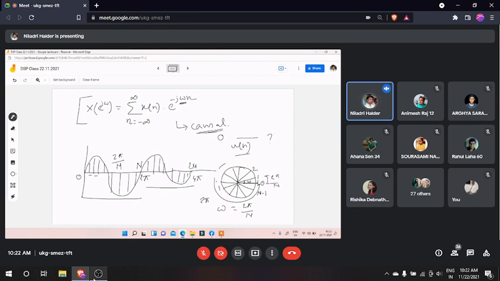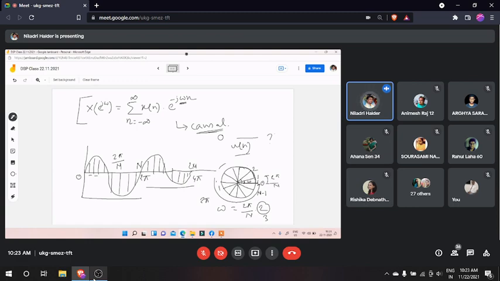Okay. If we consider that range, then what can you write for the value of ω? 2π/N into 2. This is 2π/N. This is 2π/N. So 2π/N plus 2π/N, that will be 4π/N. So that means 2π/N into 2. And if we keep increasing one sample, you can see that the value will increase as 1, 2, 3, 4, 5 like that. So